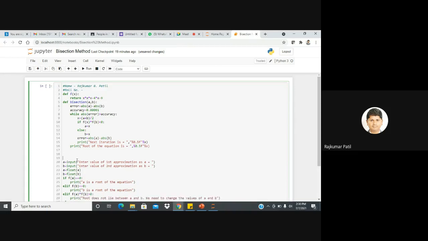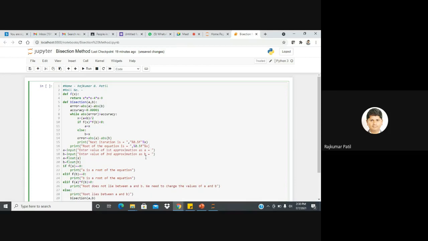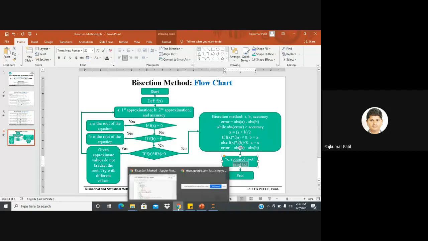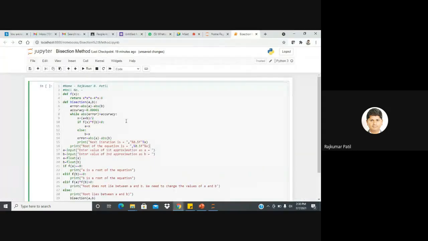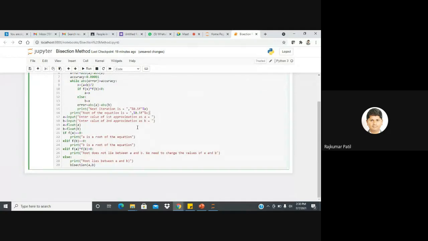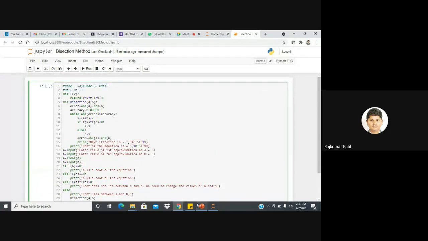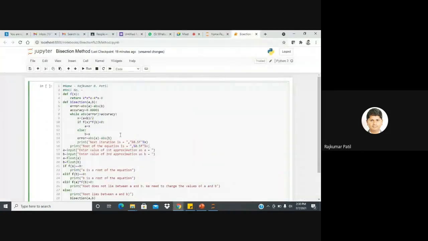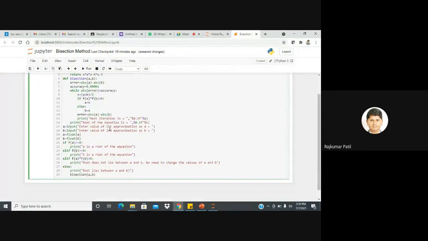Now we will check whether we wrote this program correctly or not. So we completed this loop, then we printed the value of x as well as the root of the equation, and that's it. Now we have the program ready with us. Now what may happen, you are referring to this particular flow chart and writing code here, so during typing you might have made some mistakes, so errors may occur.